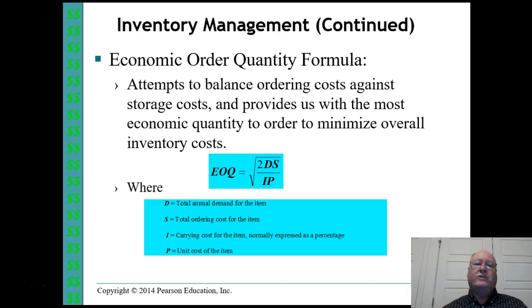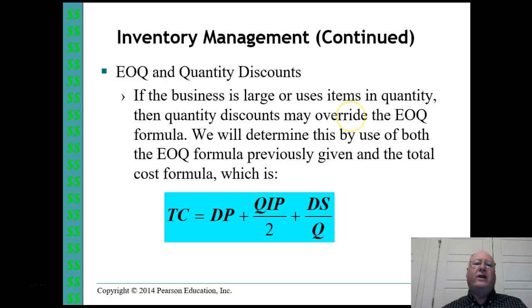that is the square root of twice your annual demand, or whatever the period is that you're calculating for, times the ordering cost per item, divided by what the carrying cost for that item is, usually as a percentage, and the unit cost of that item. And it's just a number that you can plug in to actually get the quantity that is your ideal quantity. Also, if there are quantity discounts, and the textbook goes into this in